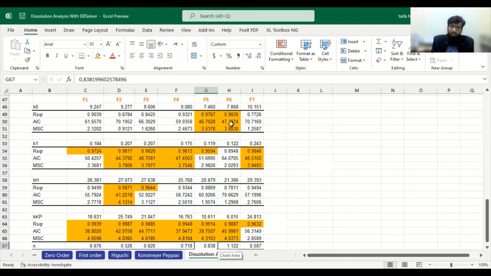For F6, again it follows zero order and the Higuchi and the Korsmeyer-Peppas, but the value is beyond 1. Beyond 1 gives that it is purely a diffusion system, and diffusion is also influenced by some geometry and characteristics: tortuosity of the polymer, porosity of the polymer, and swelling criteria of the polymer. So these are also included in the dissolution of the drug, and the drug dissolution is retarded as the change of tortuosity is retarded. So this one is classified as a super case 2 system.